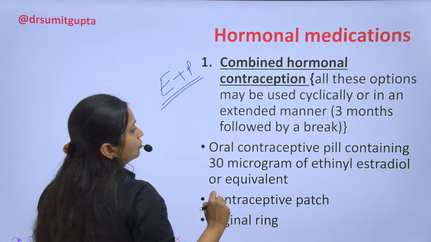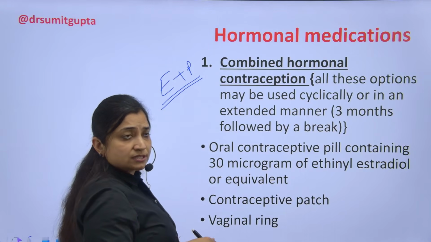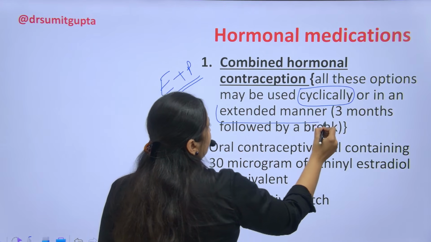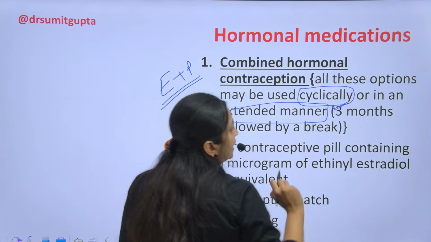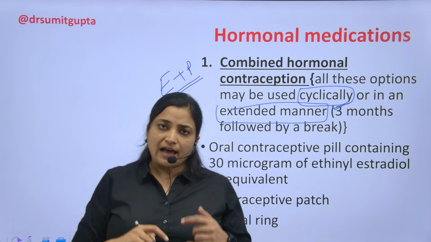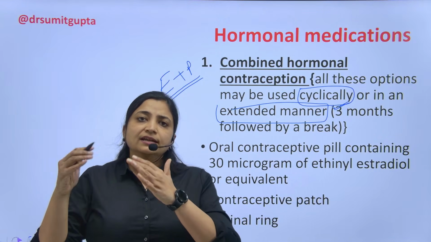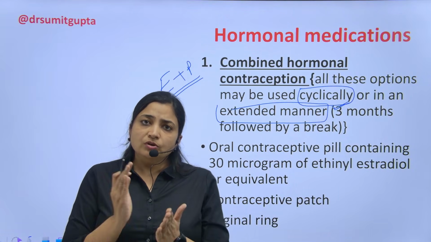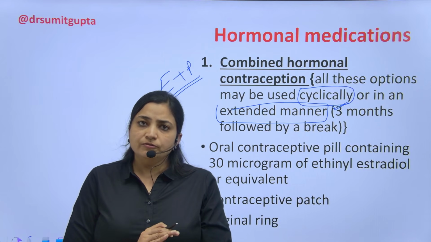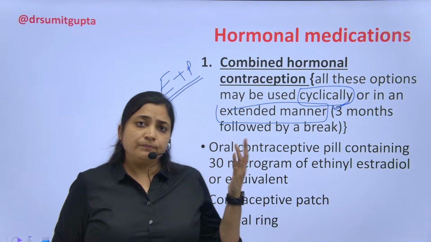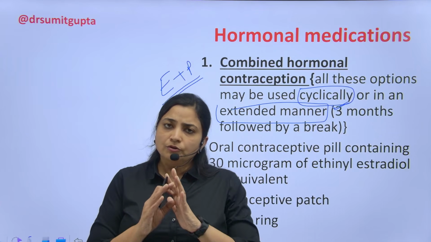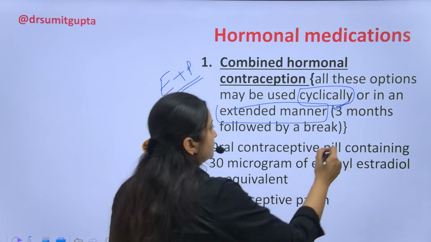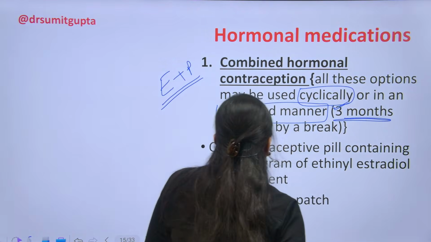But what we need to know is that all of the options that I am going to discuss right now are used cyclically or in a continuous manner for at least 3 months. Any hormonal treatment, if you are starting, either you are giving for 20 to 25 days, then allowing a withdrawal bleed and then starting again. You should continue for at least 3 months, only then is it going to be effective. You cannot withdraw before 3 months. Or in some severe cases or some specific medications like Dynogest, you don't allow a withdrawal period and continue it continuously for at least 3 months. So 3 months is a very, very important deadline.